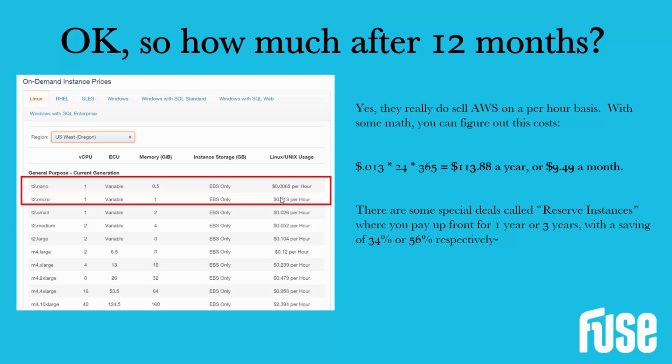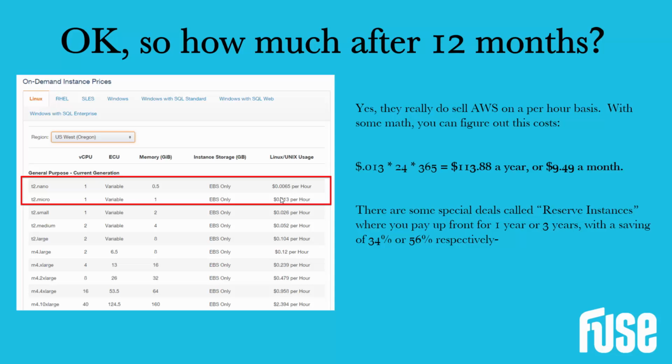All right. So if it's free for the first 12 months, how much does this server cost you after, for the second year going forward? And we have a little price chart here. You can see the pricing for a T2 Micro. These change all the time. These prices are current as of the second half of May 2016. But if you multiply it out, 0.013 dollars per hour, and yes, they do bill these servers per hour, multiply that times 24 hours in the day, 365 days a year, you're looking ballpark somewhere around $114 a year,